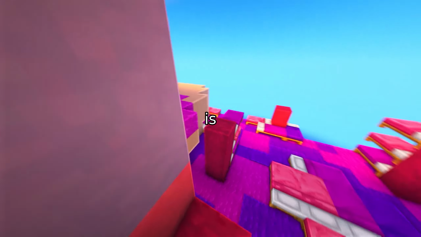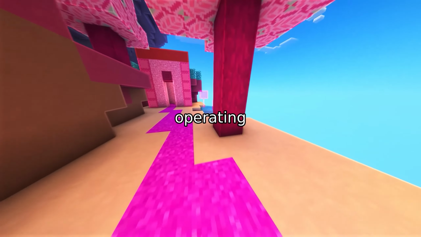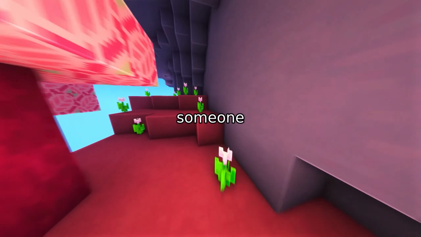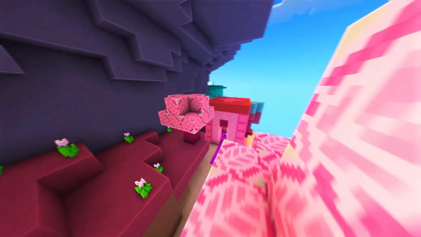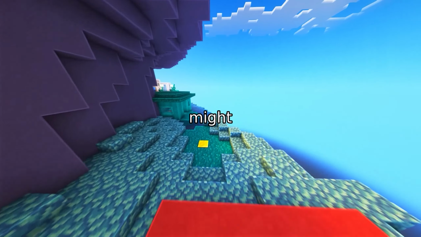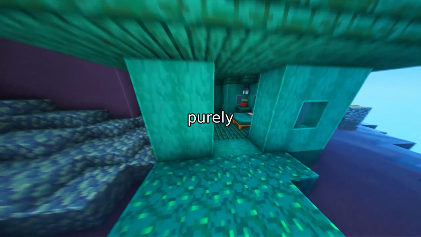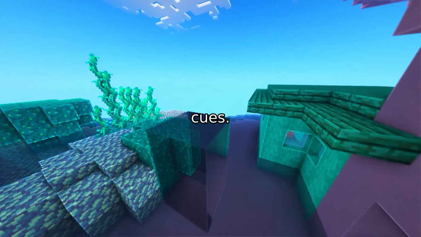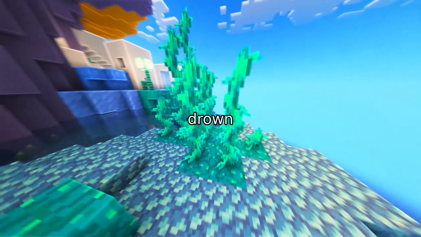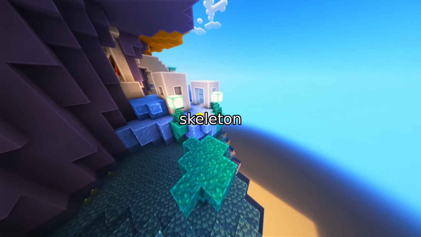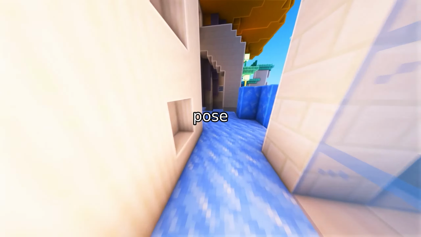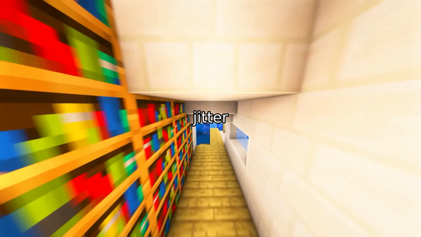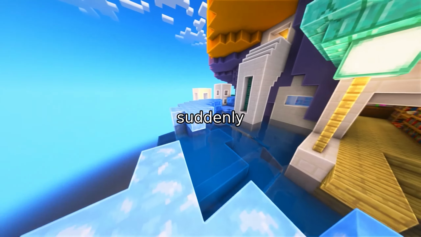Micro-gesture online recognition is essentially temporal action detection, but operating on signals with extremely low amplitude and fuzzy boundaries. You're not hunting for someone waving hello or running across a room. You're looking for subtle, spontaneous movements that might only last a few frames. If you rely purely on RGB, you get rich texture and spatial context, but you lose fine-grained motion cues. The background and natural body sway drown out the signal. If you rely purely on skeleton data, you get clean kinematics, but pose estimators are notoriously unstable when displacements are tiny. A single joint might jitter by a few pixels due to estimation error, and suddenly your skeleton stream is